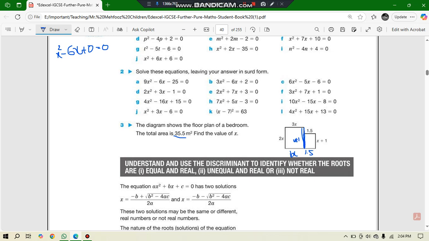That is 1.5 multiplied by x plus 1, right? And plus the larger one, 3x multiplied by 2x, that is equal to